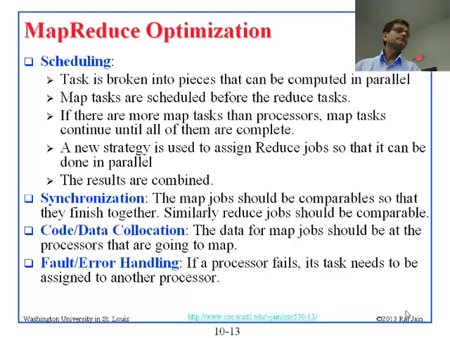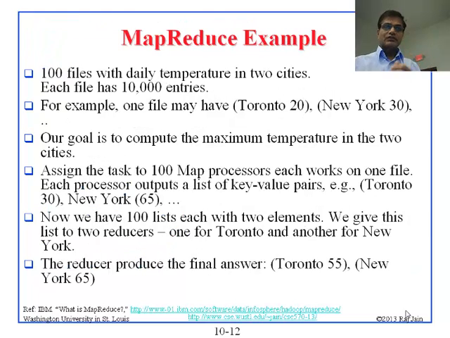Okay, your question. Yeah, I have a question. Can you give me an example of when the process fails? Okay, so let's go back to our previous example. The question is, what happens if the processor fails? You have 100 files and you have 100 processors. If a processor fails, you will get 99 results and one you will not get. So you will reassign it to somebody else, or you could have just divided the 100 files into 50 pairs,